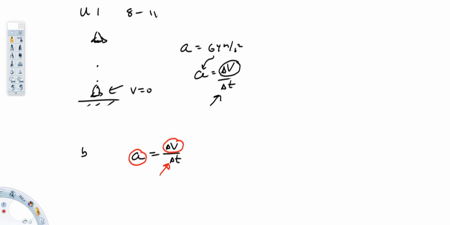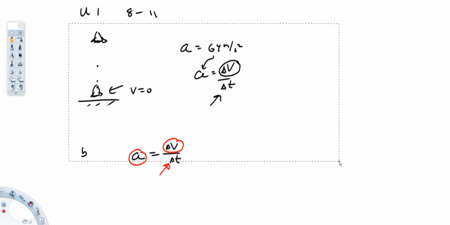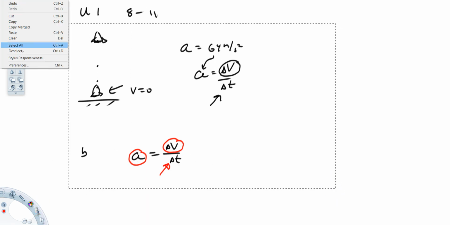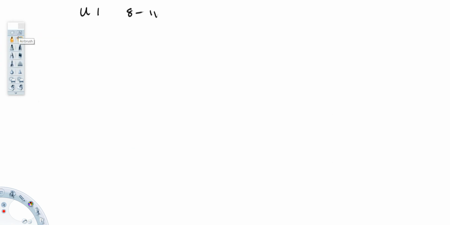All right, let's chat a little bit about number 11. Okay, let's see. Initially stationary, a train has a constant acceleration of 0.6 meters per second per second. Start with a picture. I'm just going to do a quick drawing and let that represent my train. Now the train is accelerating from rest. So the motion diagram for the train, and I'm just going to use a dot to represent the train, the dots